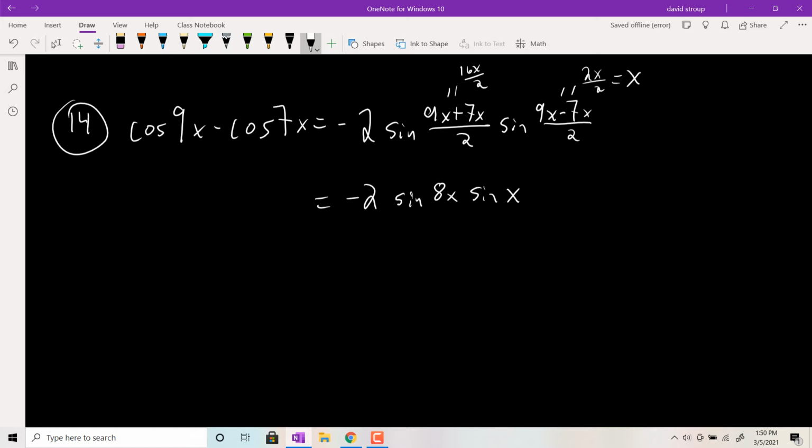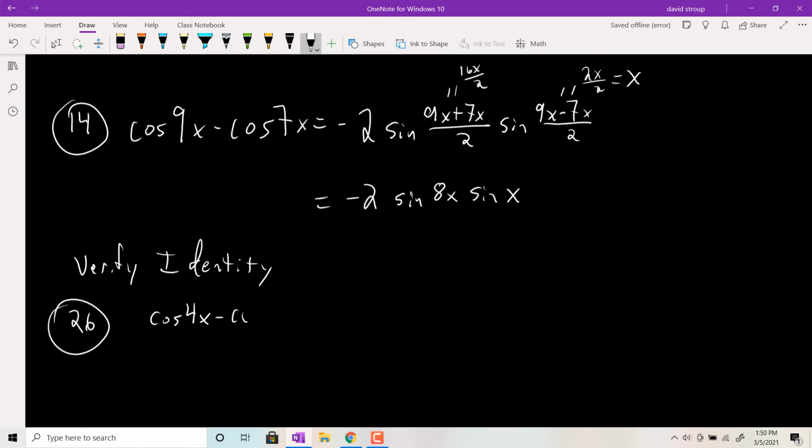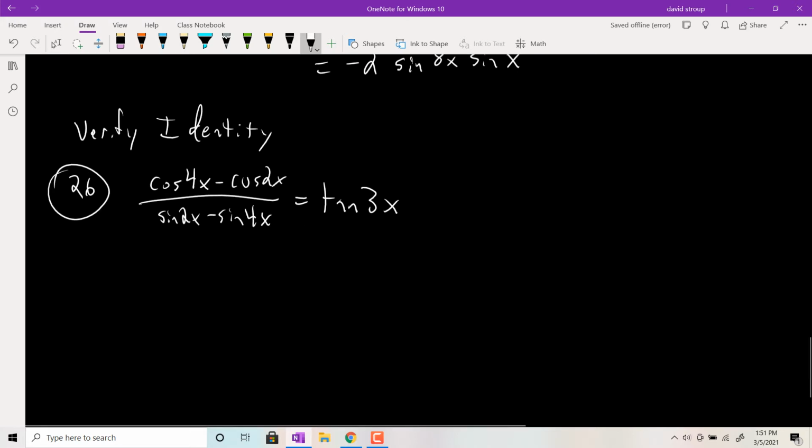Let's use the identities to verify another identity. So verify the identity. And this is problem, I think it says 26 in the book. We have cosine of 4x minus cosine of 2x all over sine of 2x minus sine of 4x. Okay. And this thing equals tan of 3x, supposedly. We want to show that's true. So I'm going to start on the complicated side, the left. So starting on the left,